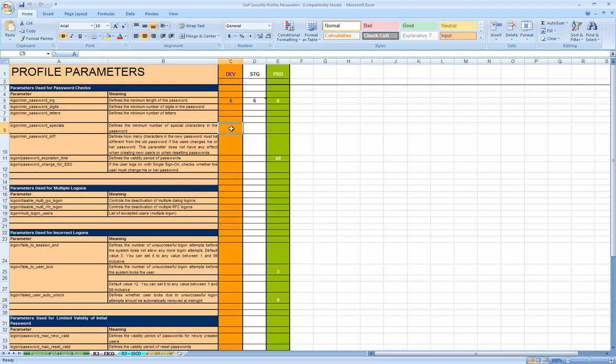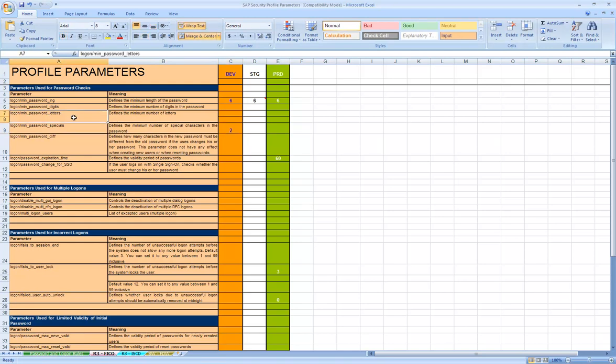Whatever value you give for this parameter, you're forcing the users to use that many special characters in the password. For example, if I give 2 here, the user will have to use at least 2 special characters in their passwords.